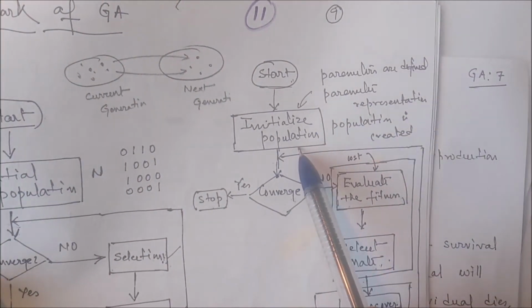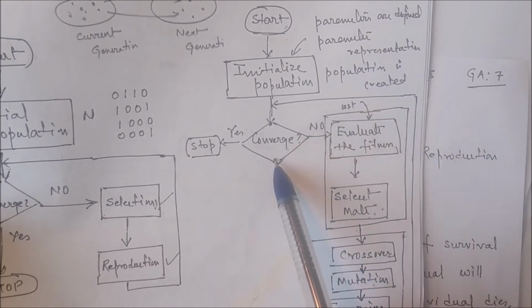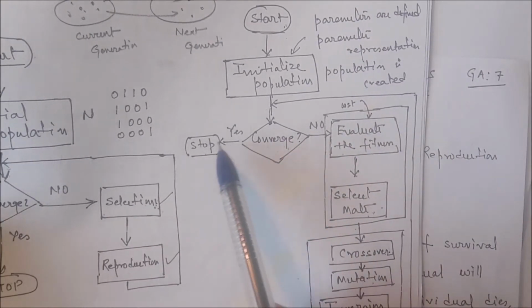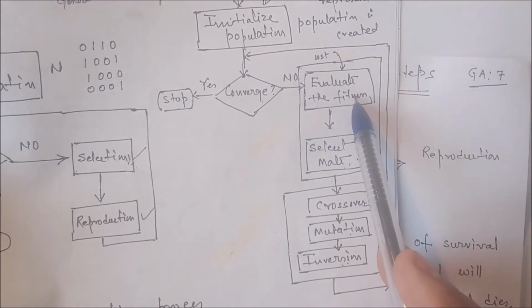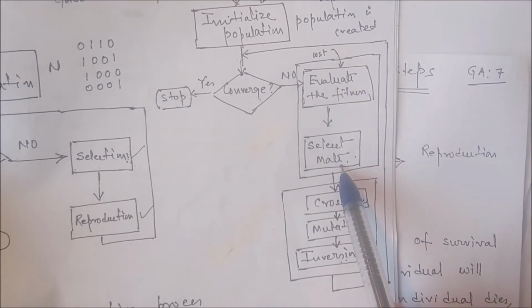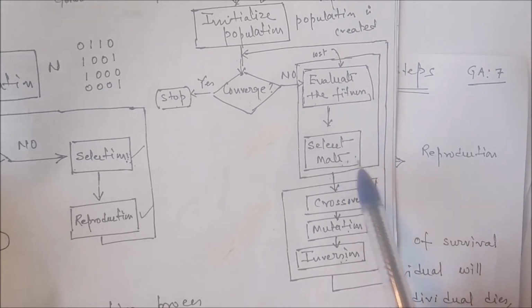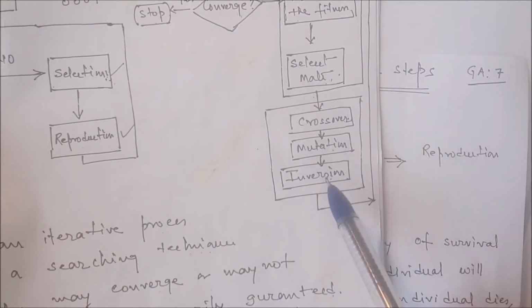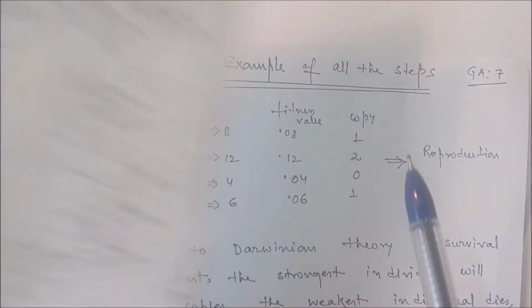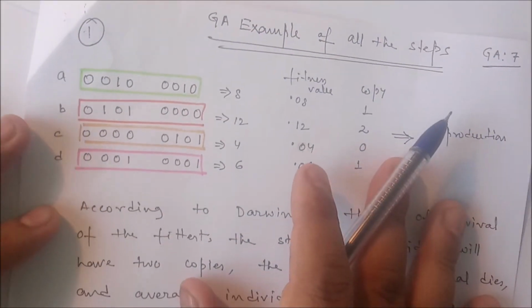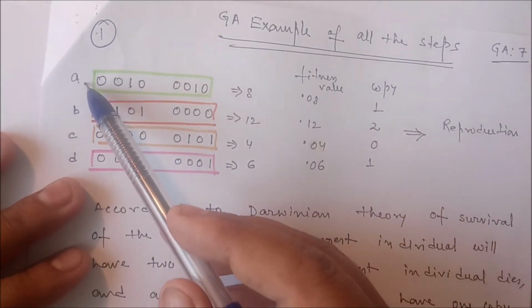Start, initialize the population. We have to check the convergence. If it is yes, stop. Otherwise, we have to evaluate the fitness value. We have to select the chromosome individuals for the next generation, and we may apply crossover, mutation, and inversion, and the process will continue. Okay, now here in this first example, assume four chromosomes are there, A, B, C, D,